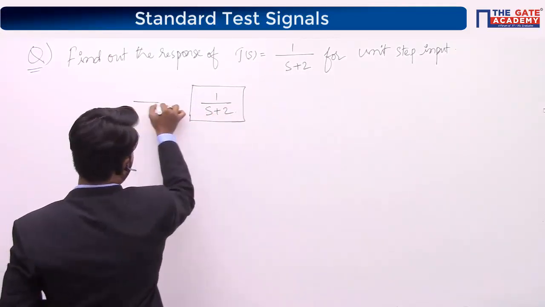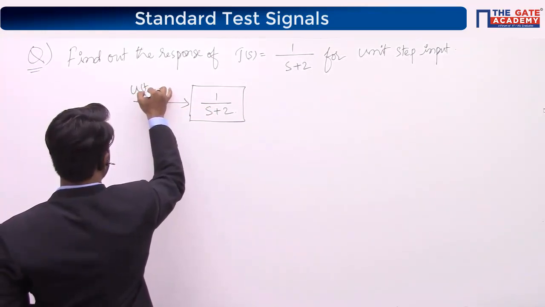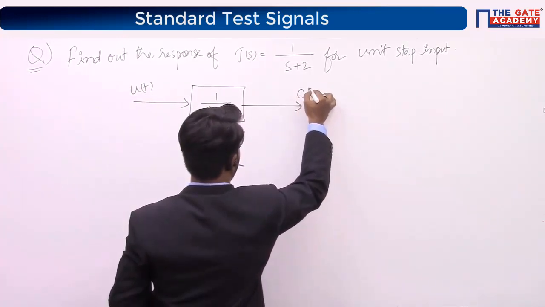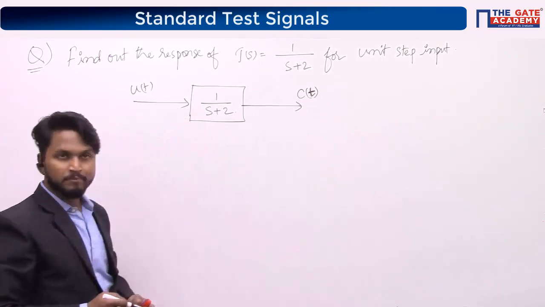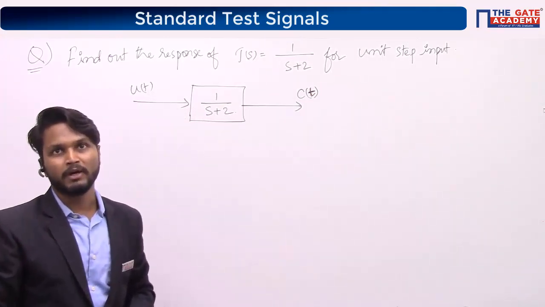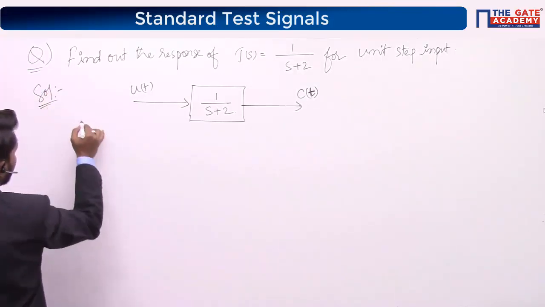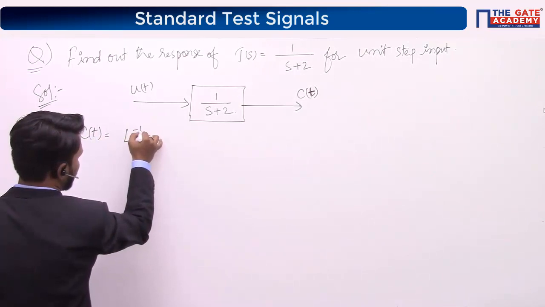Unit step input u(t) is given to it. Then you have to find c(t). How will you find it? Solution: c(t) is equal to the Laplace inverse of